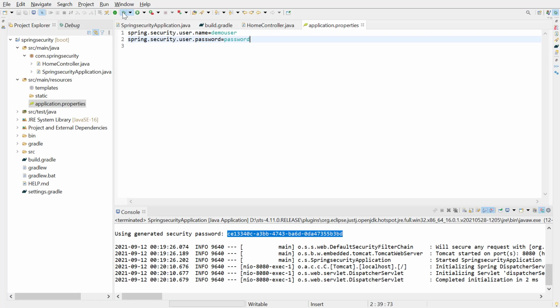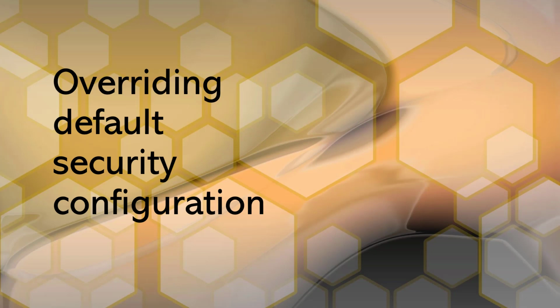There are a couple of problems with this method as well. It is not secure to define a user and password in properties file. Further, with these two methods, you could have only one user. A real-world application has more than one user. To solve this, Spring Security provides a third way to configure users. Till now, we looked at default security configurations provided by Spring Security. Now is the time to customize it, and we will start by creating in-memory users.